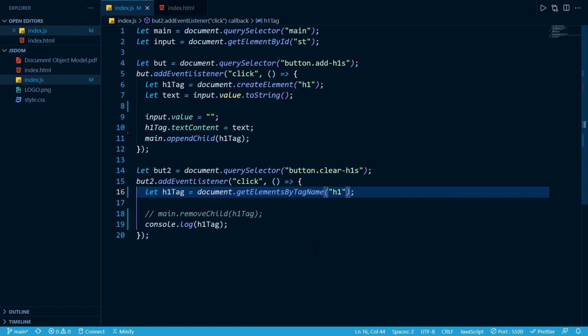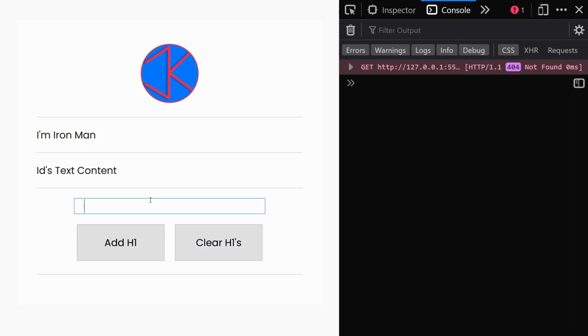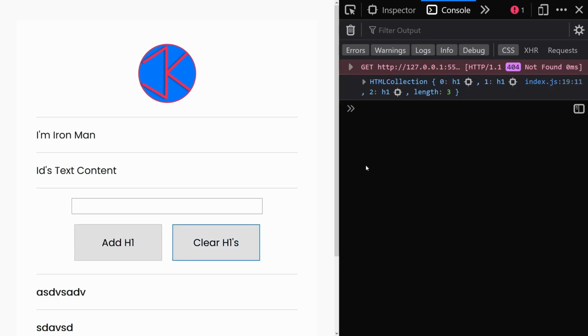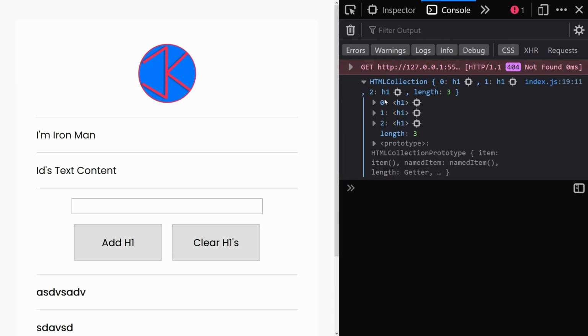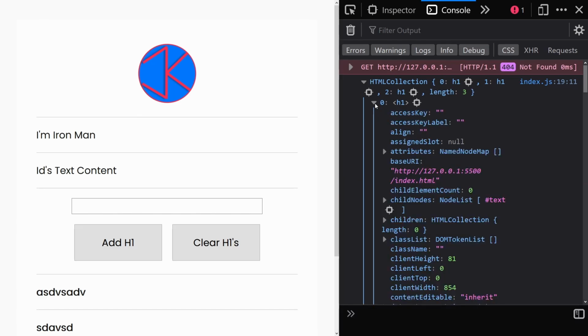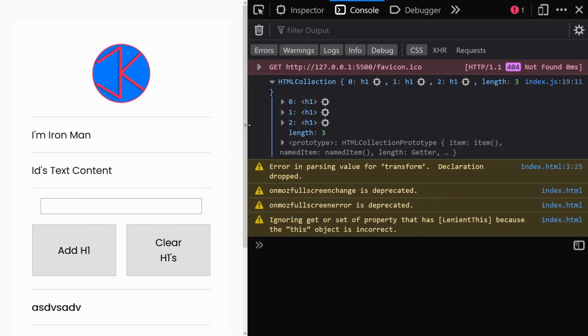So let's do this, and now let's log our values. So let's add some h1s, and let's click on clear h1s. And now you can see we are again getting a collection, but this time we are getting a object, not a array but a object of all the h1 tags we have in our HTML document.